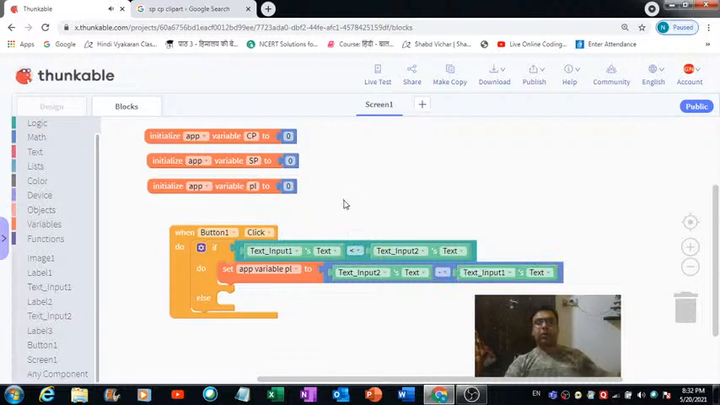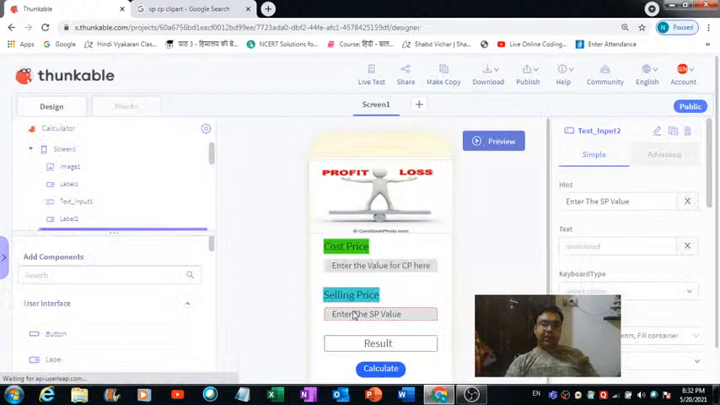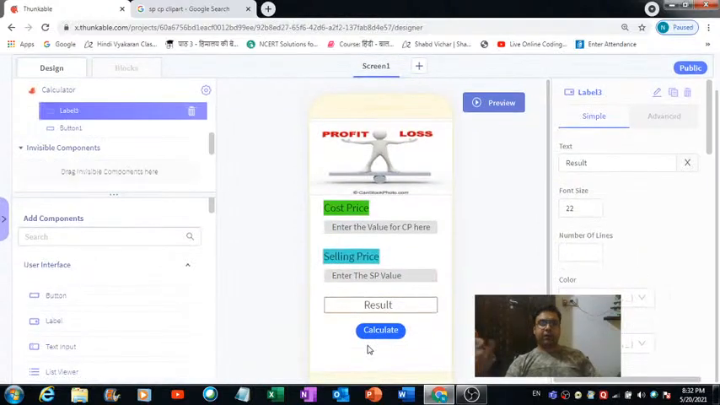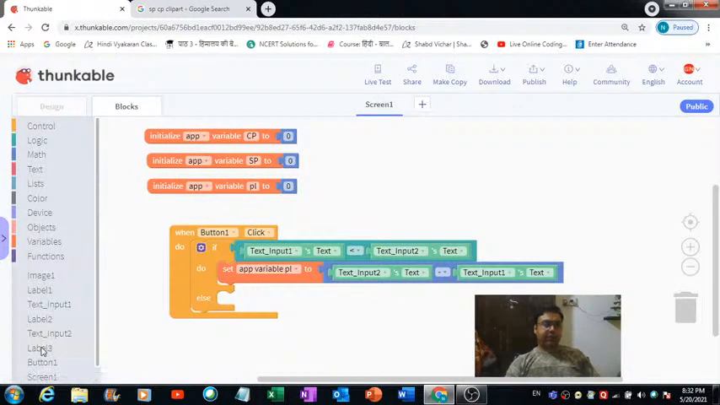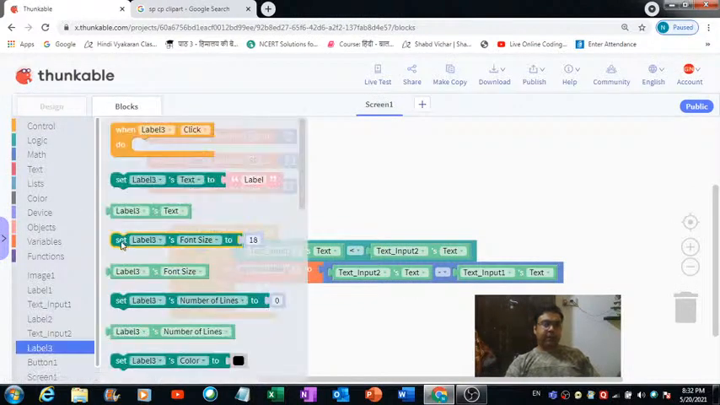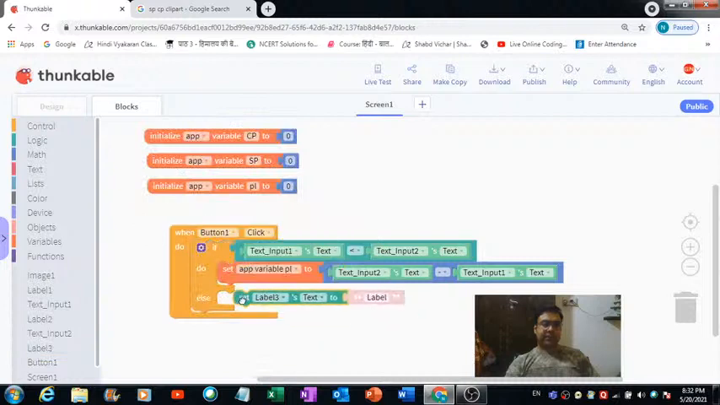Now whether it is a profit or loss, it is of course a profit, right? Because the CP value is smaller than the SP. So how we would like to get the result reflected over here on this label 3. Okay, this one is label 3 where I would like to see the result. So what we can do, we can come on this label 3, then we can pick up this set label 3's text,